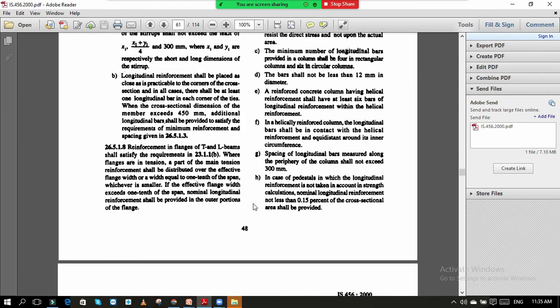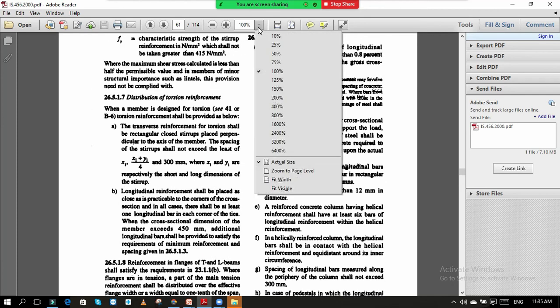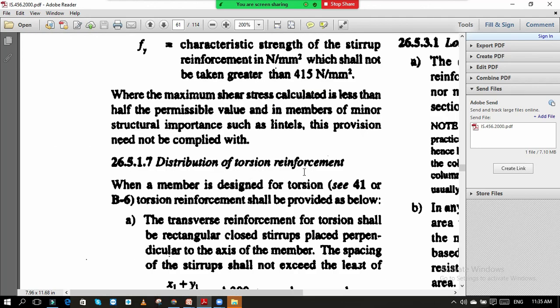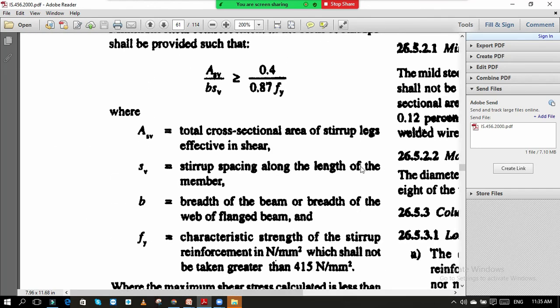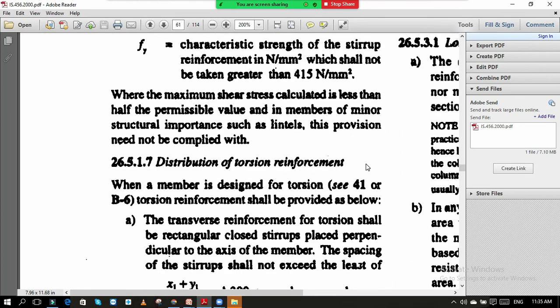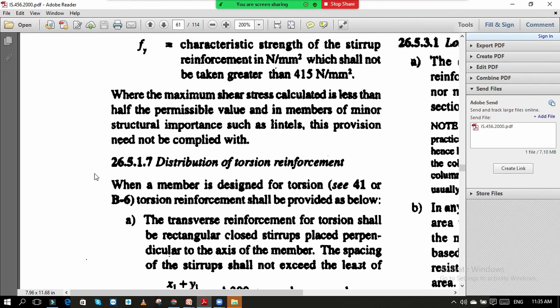So this is 48. Now here you can see, I will zoom this once again. So this is the clause number